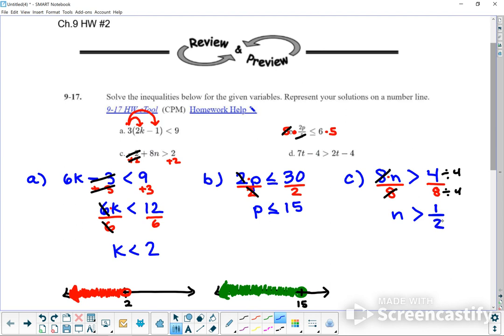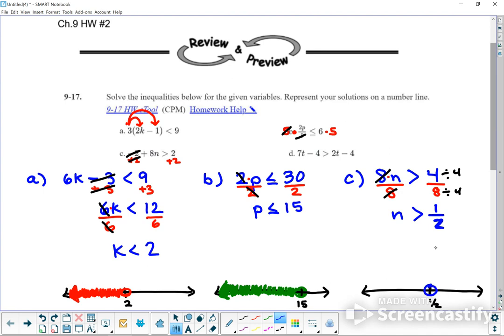So 0.5 is okay, but I like 1/2. All right, so either one's fine. And draw your number line. And again, the beautiful thing about this is that you don't have to know where exactly in relation to each other. You're just going to put a little mark for 1/2 or 0.5. Then you're going to put a dot around it. And this one's going to be open